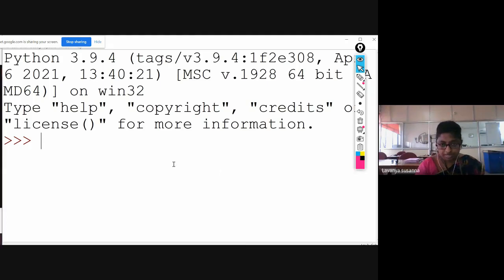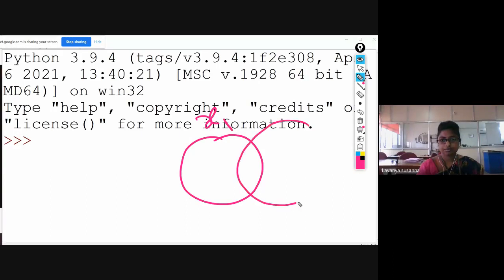Now let us see what operations can be performed on this set. See the Venn diagrams. First I will draw the Venn diagram. This is x1. This is x2. x1 contains 1, 2, 3.